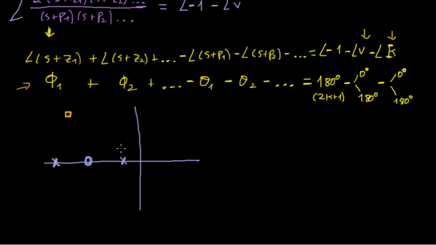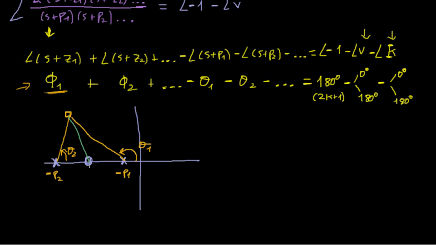Let's see if this point belongs to the root locus. Well, this angle is in the picture, this angle here, no, sorry, this angle is theta1, because this position is minus p1, and this angle here is theta2, because this is the pole minus p2,